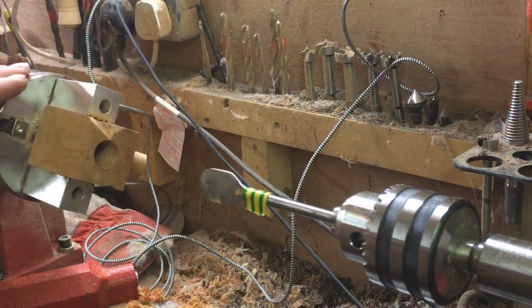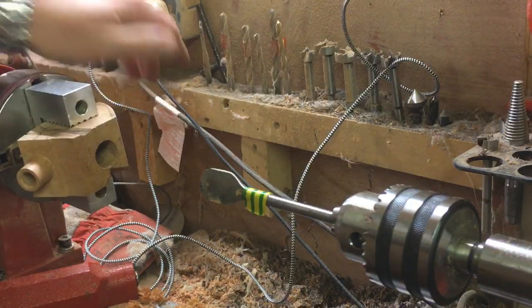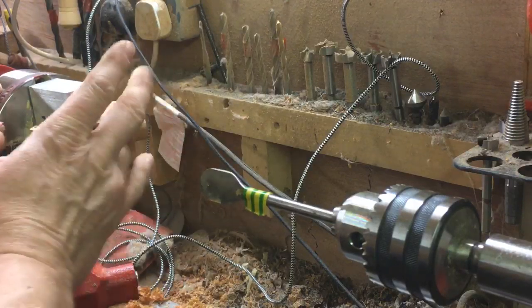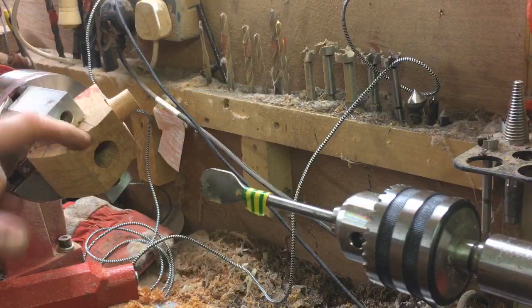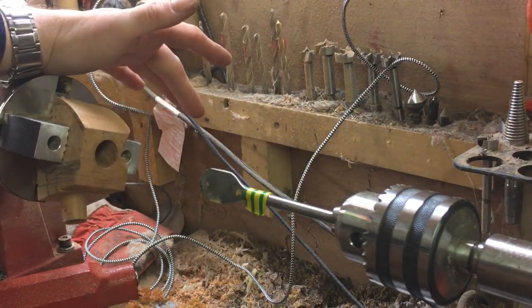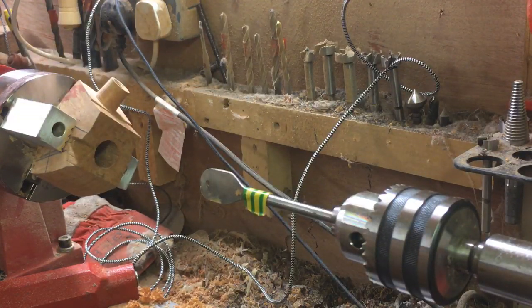Well, just realised here I'm going to have to trim down the top of this bowl quite a bit. I didn't take into account this chip here, which is the way they've cut this block. It's a bit cheeky that they sent me this like that, but anyway, I should have really taken note of it as I was cutting it, but it's no harm. It'll just be a shorter